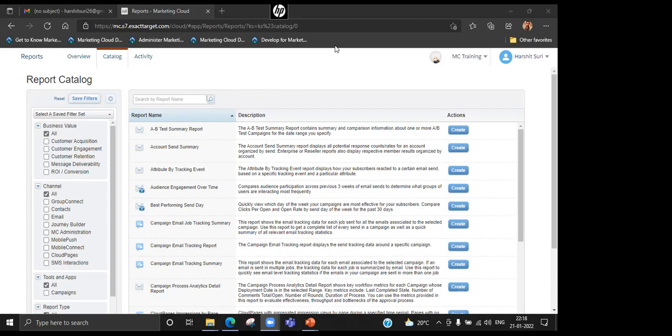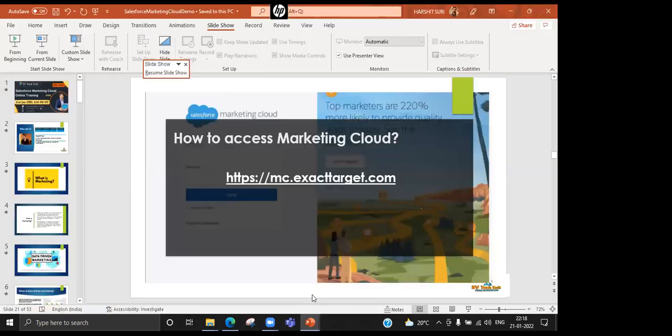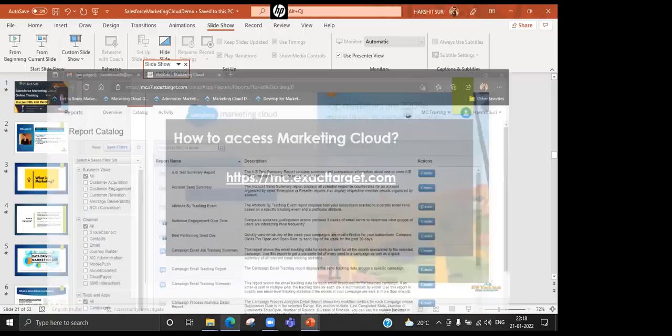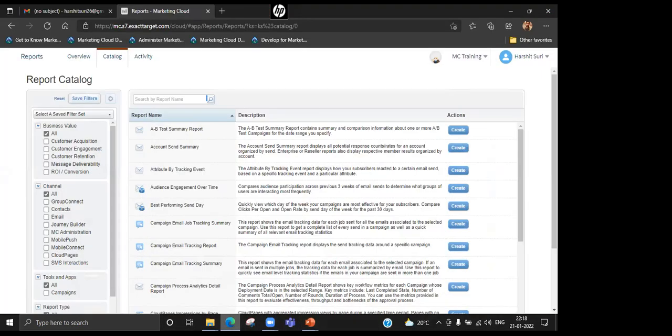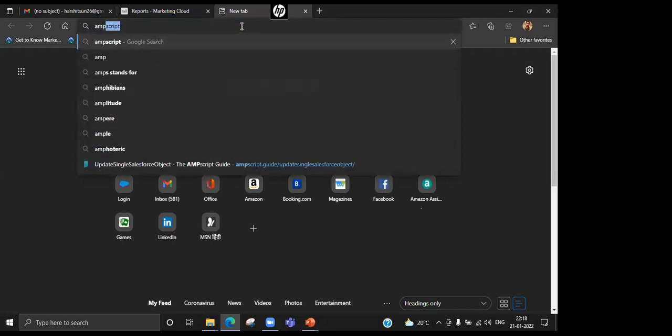Welcome. Is AMPscript an independent language, or is it only available for Marketing Cloud? No, it is not an independent language. It is for Marketing Cloud. For Marketing Cloud, we have AMPscript and Server-Side JavaScript, two languages. Server-Side JavaScript is a highly customizable language that is only taught if you are a hardcore coding person. Otherwise, AMPscript is a pretty simple language.